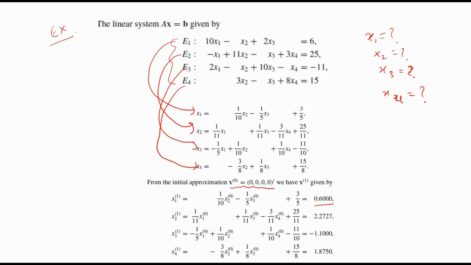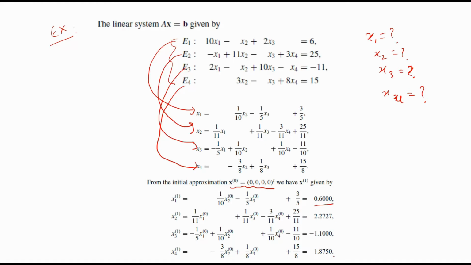Now again put the initial condition x1 0, x3 0, x4 0, which is 0 0 0, and you will get x2 1. To find x3 1, you put the initial condition here and get this, and to find x4 1 you put the initial condition and get this.